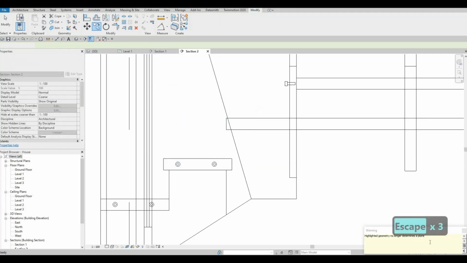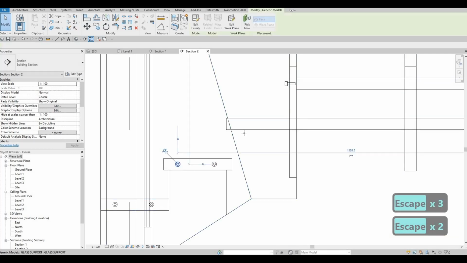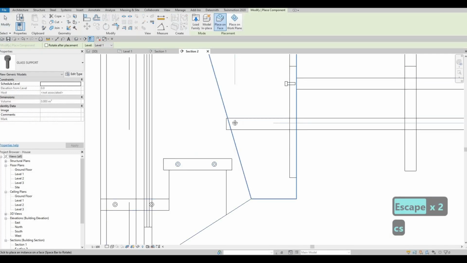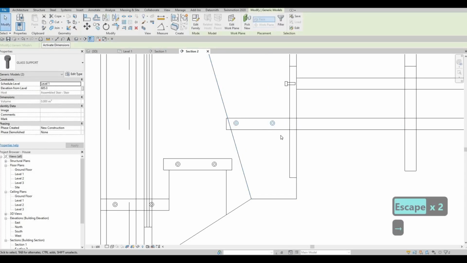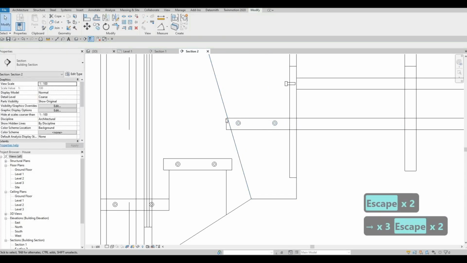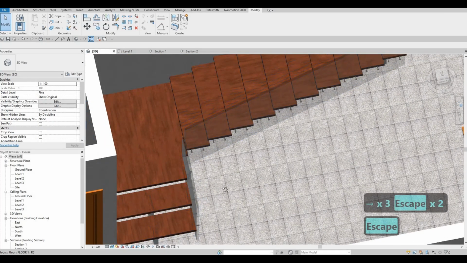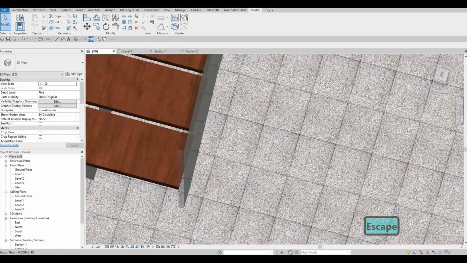Just weird that it's not letting me add it onto this plane, but now everything's good. There we go. Now everything looks like it's bolted,